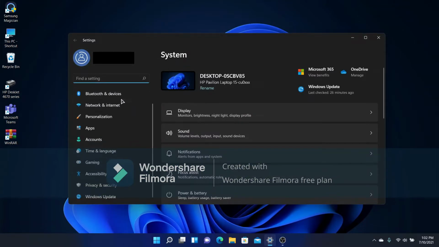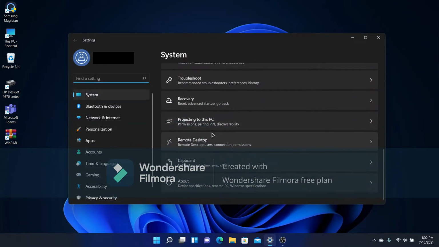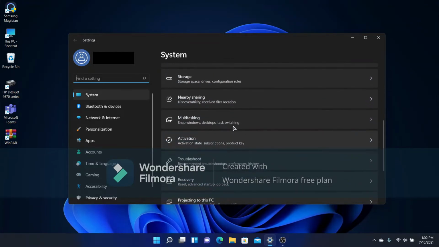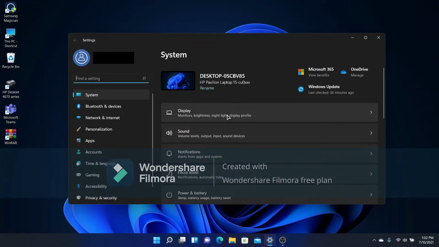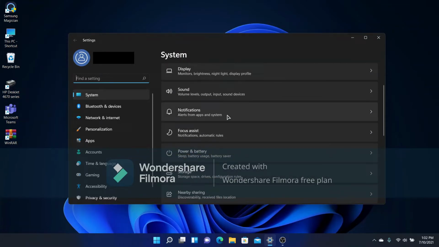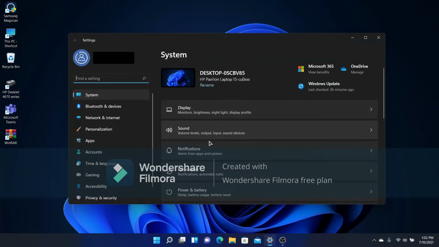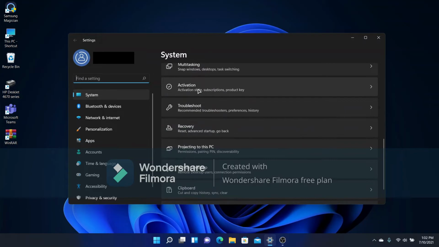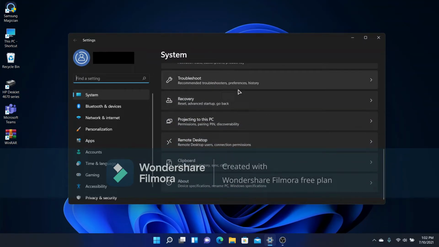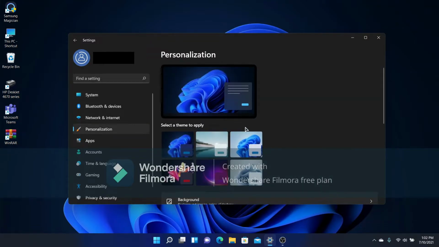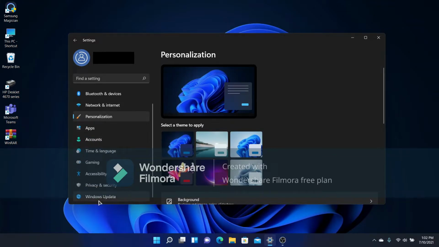So as you can see, it's got lots of changes in it, and you can see stuff like the display, the sound, notifications, focus assist, power and battery, blah blah blah. I'll go over these in my review. This is just my first impressions. So yeah, personalization has changed, so you can switch between light mode or dark mode. Windows Update,